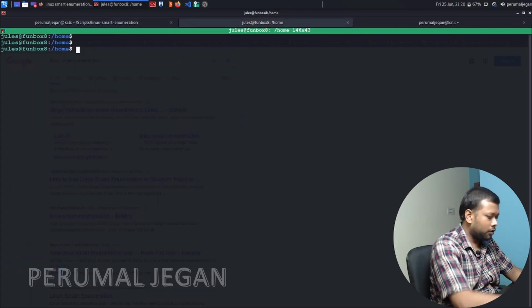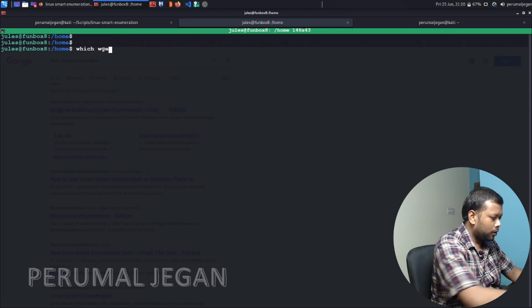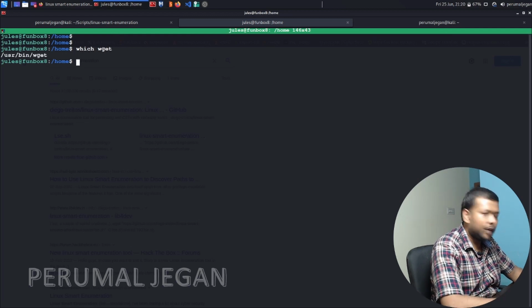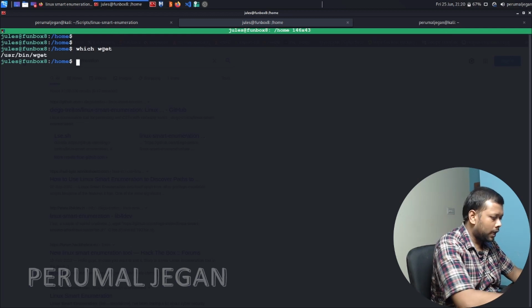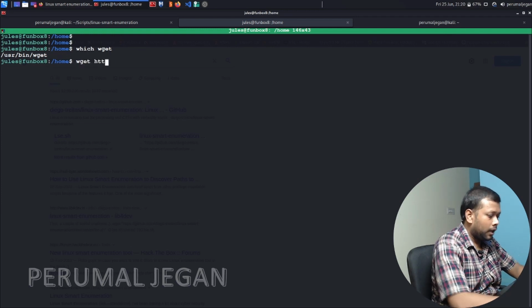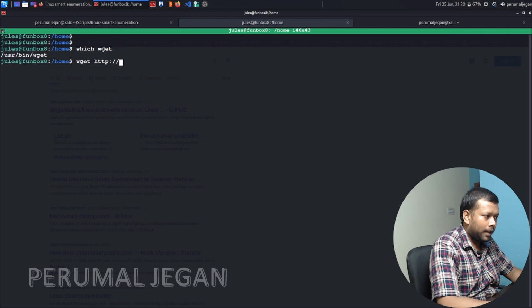I'm in the victim's box now. Let me see first whether we have wget or not. which wget. I have the wget utility, so I can download files. wget http, and the machine is the attacker machine.